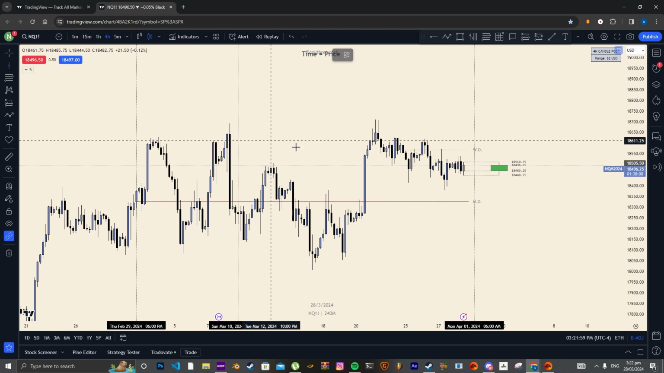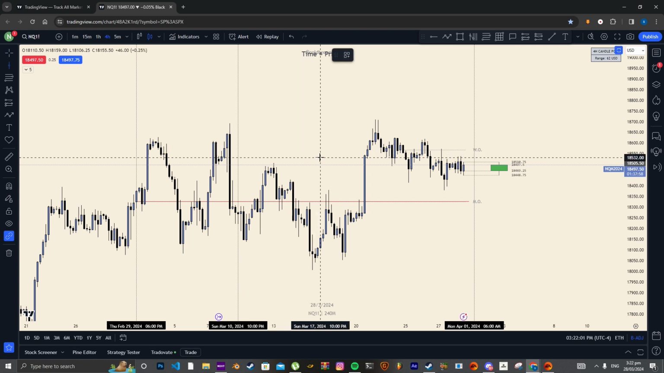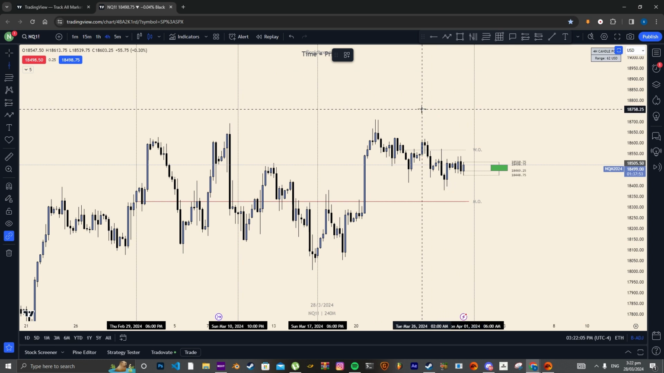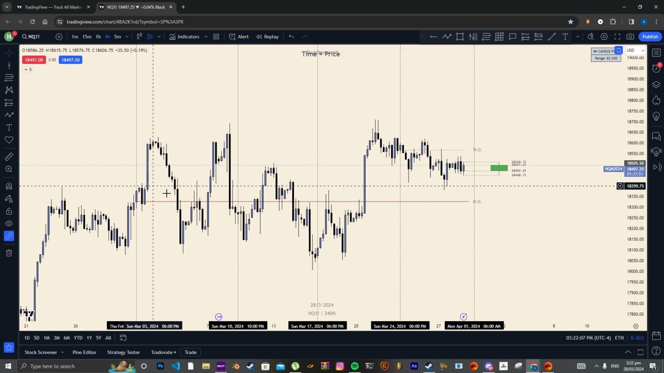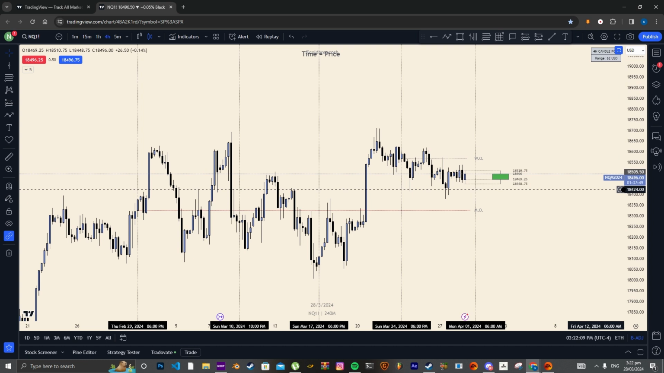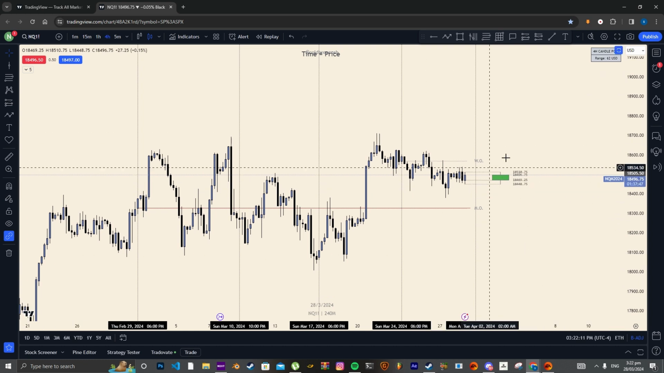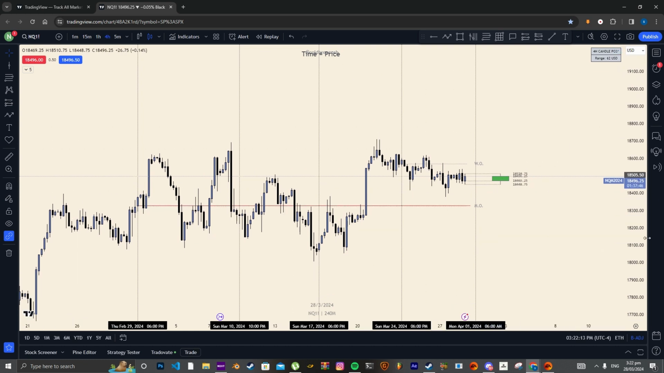So I'll start to mark out each week, starting and then Sunday, 6 p.m. All right. So in terms of the monthly PO3, this is an example of a kind of accumulation / seek